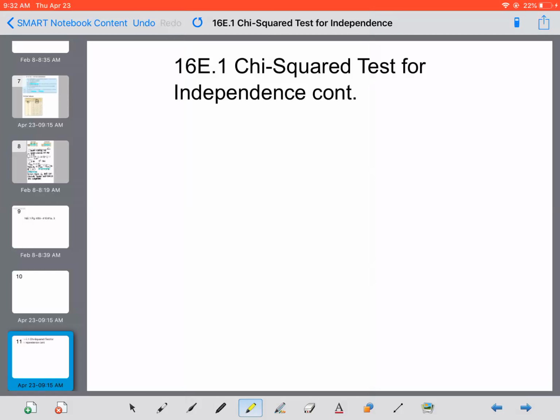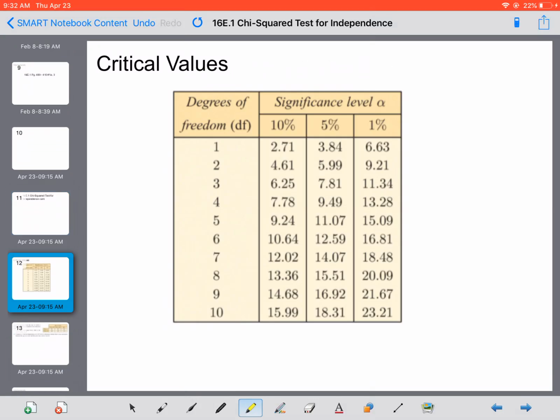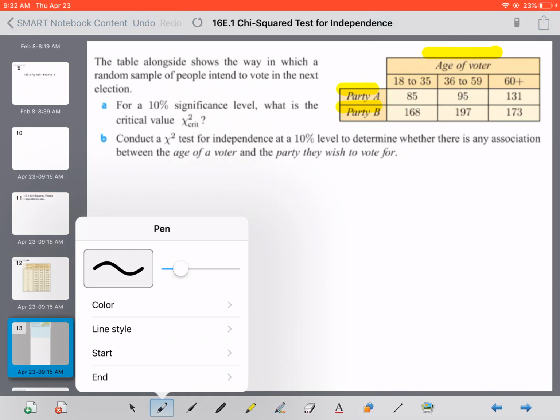Hi everyone, let's do another problem on chi-squared test for independence, just to get some more practice and walk through it with you. So, just a reminder, we will use our critical values table today during this example. The table here talks about the number of people intended to vote in the next election, comparing the age of the voter versus the party that they are voting for. It says for a 10% significance level, what is the critical value, which is chi-squared crit. So for part A,